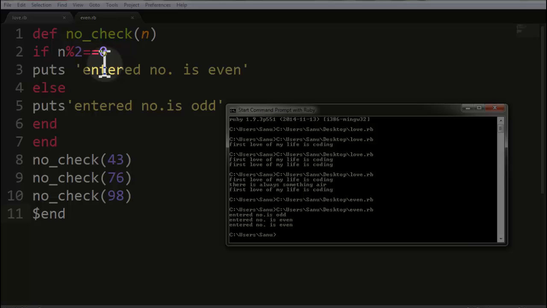If the given number is even, it will give the result entered number is even, else it will show entered number is odd. In our second statement, for checking the second number, we have written 76 which is an even number, and 98 which is also an even number.